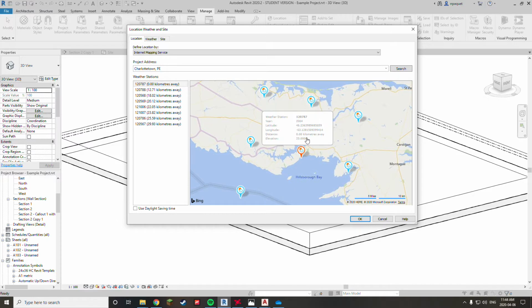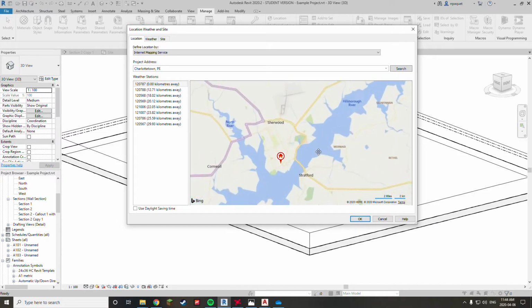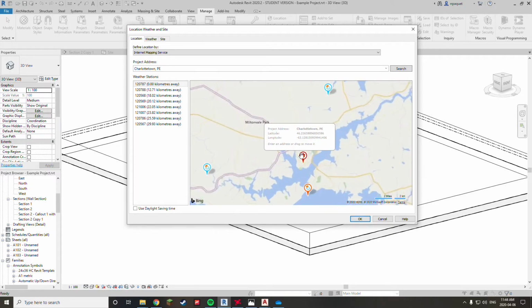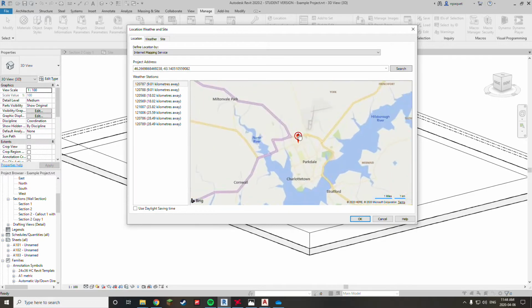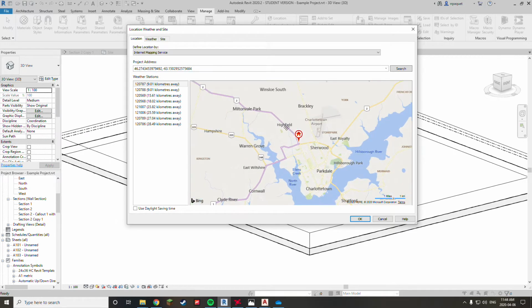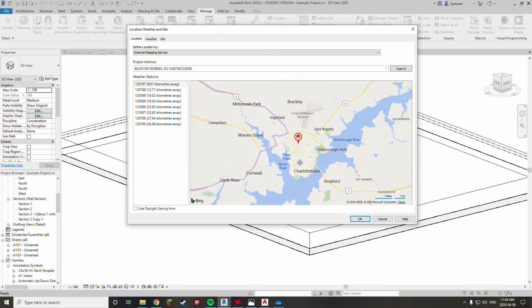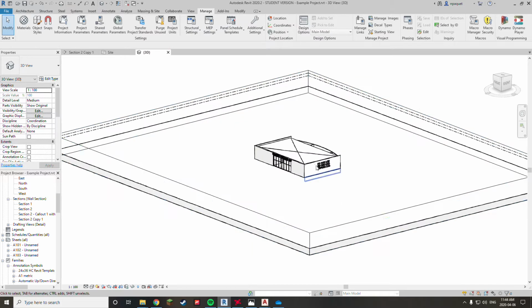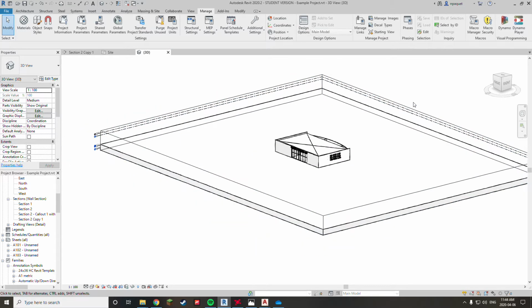So, pretty quickly, it throws the icon on your screen of Charlottetown PEI, and although you can take this icon and move it anywhere, roughly anywhere in the immediate area will be fine, because really it's not going to change much from here to there to there. So anywhere is absolutely wonderful, and just go with that. Click. Now with our location set,